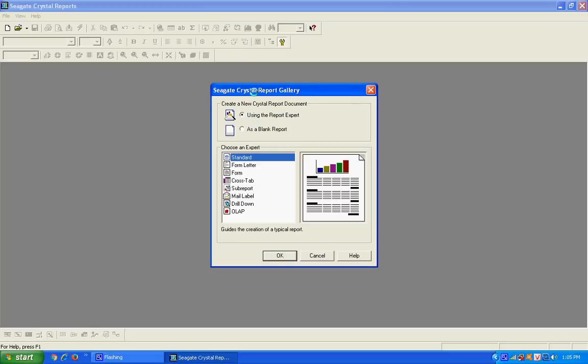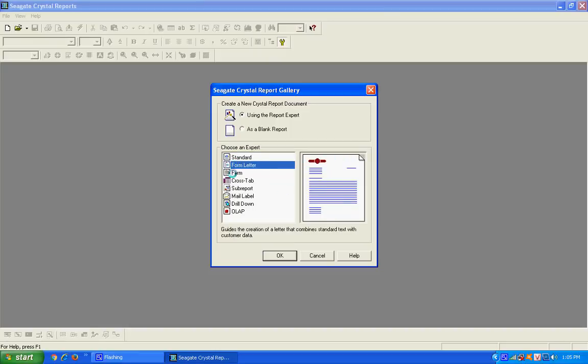On the next screen there are different styles you can add to your reports, like Standard, Form Letter, Cross-Tab, Subreport, and Mail Label, which looks like a mail label, and many other options are available. But today we are going to discuss the standard report.